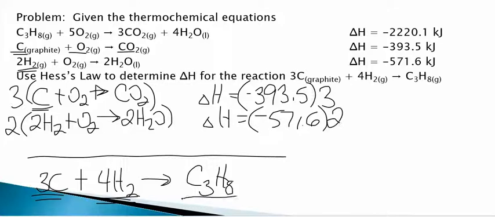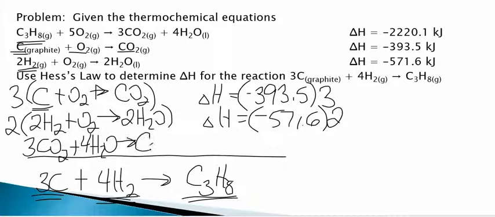Then finally, I have C3H8 as a product. We'll go back to my examples. I have C3H8, but it's a reactant. So I need to flip that equation around. So the 3CO2 plus 4H2O are reactants, and C3H8 and 5O2 are products. When I flip an equation around, delta H changes signs. So in this case, delta H would be positive